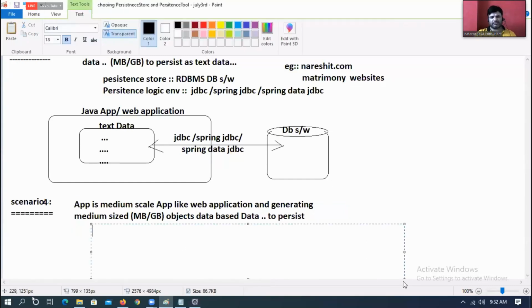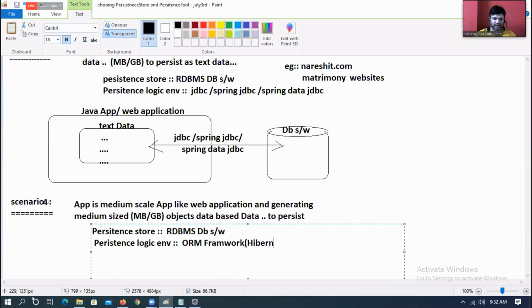Tell me, persistence store: RDBMS, database software like Oracle. Persistence logic environment: tell me, ORM framework, also called a tool.